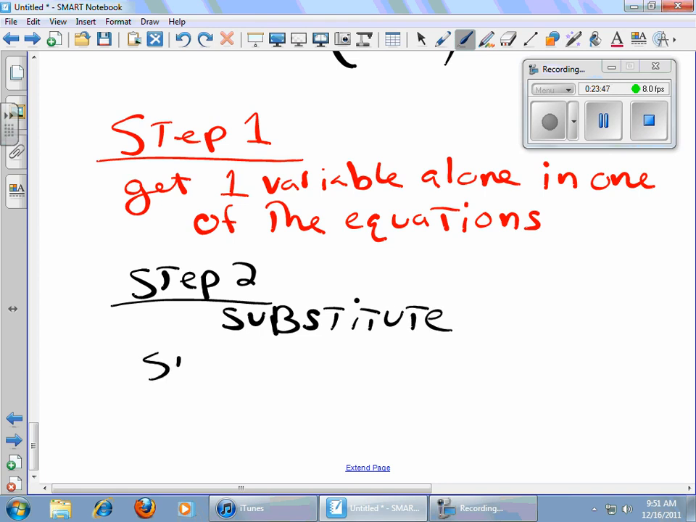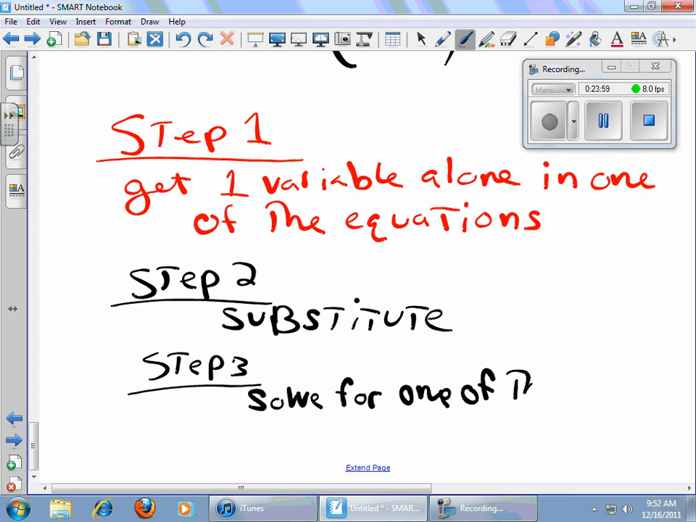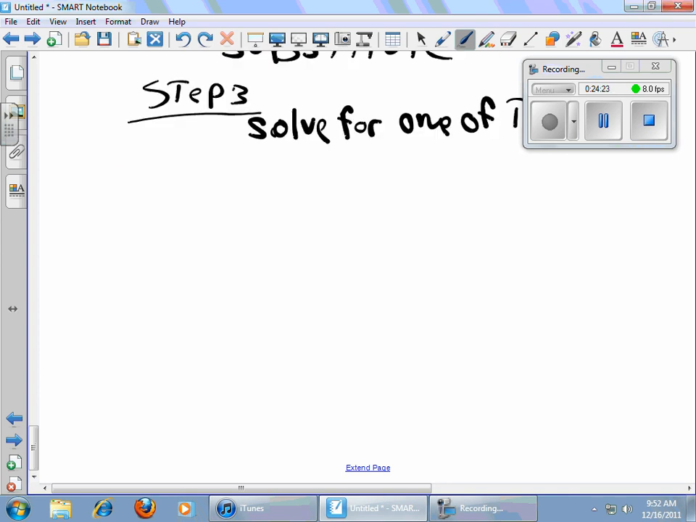Okay? Step 3, that's where you solve for one of the variables. And it all depends, because if you solve for x in this equation, when you plug it in, you're going to be solving for y. Okay? So it'll be the opposite, but you'll know because there won't be x's in the equation. Solve. Okay? And then step 4,